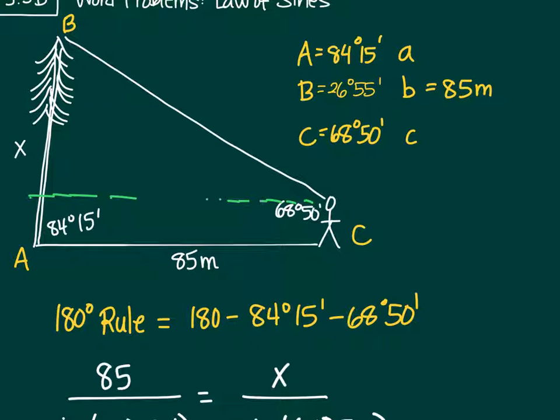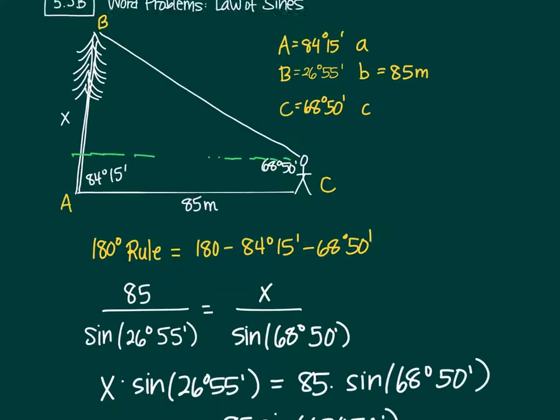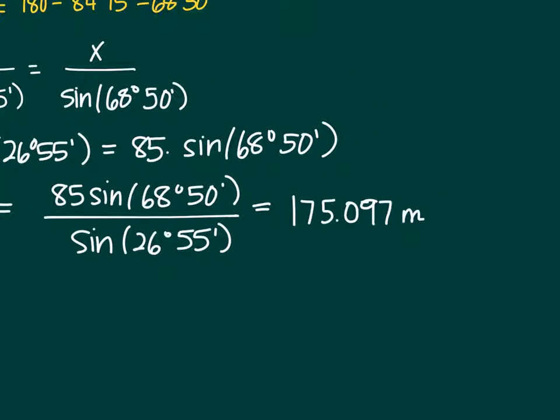Taller. The tree is taller because you have to add. You have to assume about how tall you or whoever is looking at it are. So if you're 5.5 feet or 6 feet, you would want to add something. So the tree is probably taller depending on the height of the person. But if you just use your own personal height, then the tree, if I used my height, I'd be